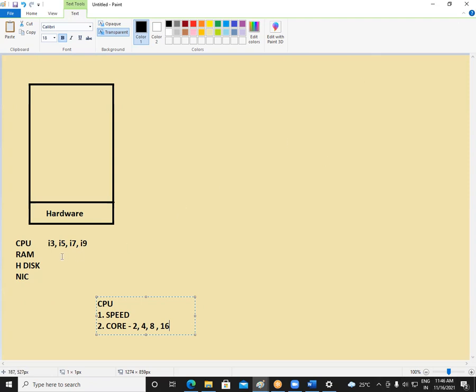Okay. Next component here is your RAM, random access memory. Nowadays a minimum of 4 GB is available in every computer and laptop. You can go with 8 GB, 12 GB, 16 GB, 32 GB, and even up to 64 GB RAM in a computer or laptop. So how much RAM should we take? If you go with 4 GB, you pay some amount, but with 32 GB, you have to pay more, right? You're getting more RAM, that means you're paying more.